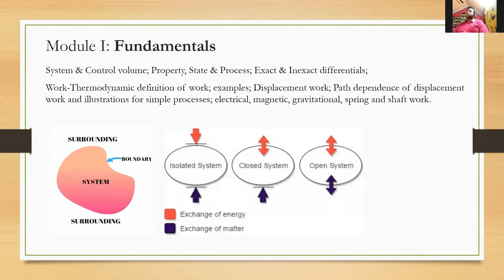So that's a generic understanding of system, and we'll go into details in the actual chapter. Here you can see that there are three types of system in general. One is called the closed system, another is called the open system, and another is called the isolated system. We'll go into details of that. Generally it depends on the exchange of mass and energy by which they are differentiated, and we'll go into details as the whole course progresses.